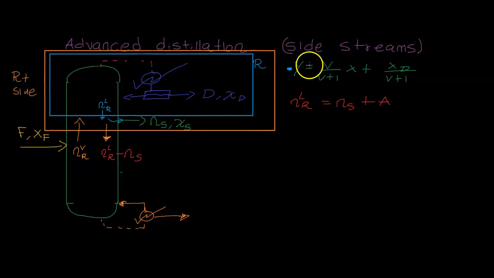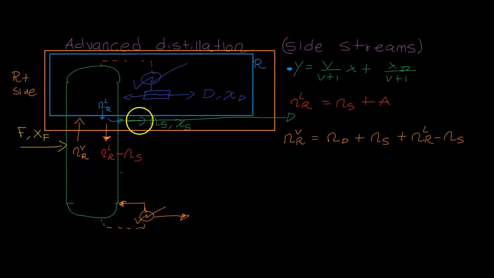Then if we do a mass balance around this rectification plus side stream section, we will end up with, okay, be careful here, because it looks like this stream is not leaving, but of course it's leaving the system, right? Because this is a side stream. So we will have this going in, is this one. What's leaving? Of course, the distillate is leaving, the side stream is leaving, and this is leaving as well. This is the framework that we're putting here. So if we cancel this out, we will get the following,